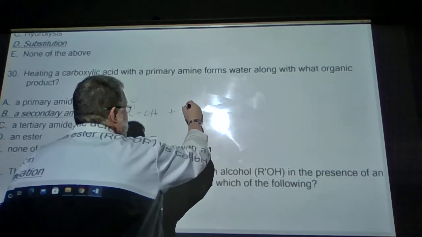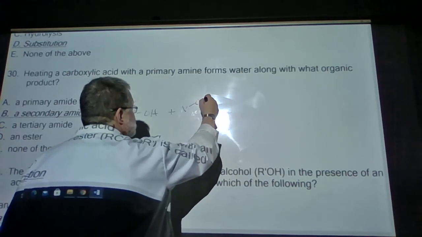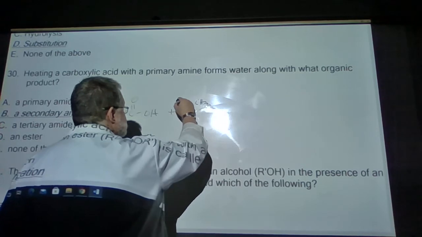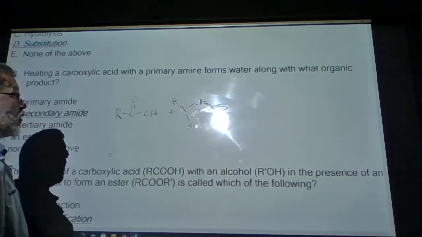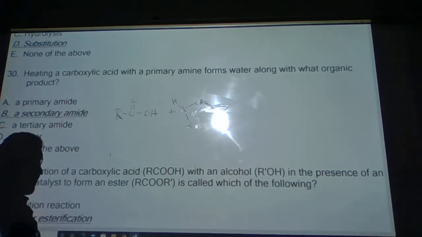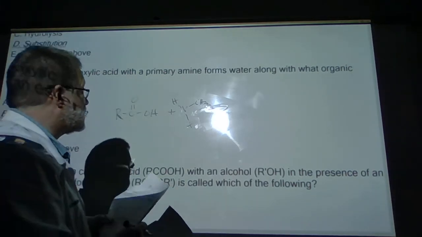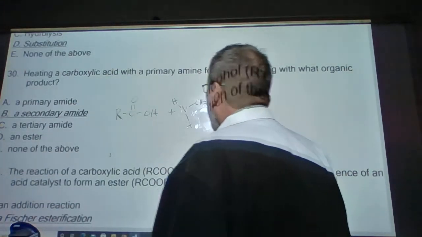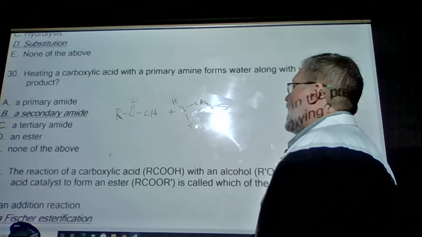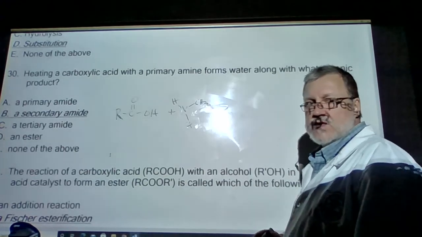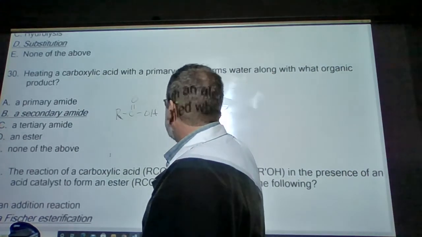Heating it with a primary amine produces water and what organic product? Well, if we lose water, where can we come up with water? Well, if we look at water as HOH, here we have an H